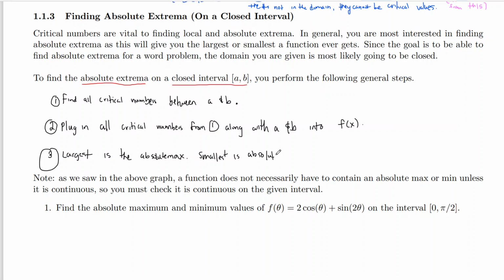And once we finish our example, I'll show you the graph of our example, and that way we can sort of explain why this works. But ultimately what's happening is, when you have a closed interval and your function is continuous, so that's going to be an added step, but we're going to need that. So let's just go ahead and write f must be continuous on that interval a to b